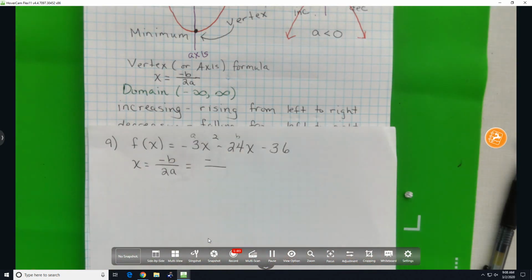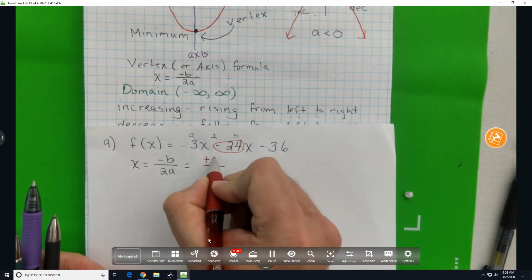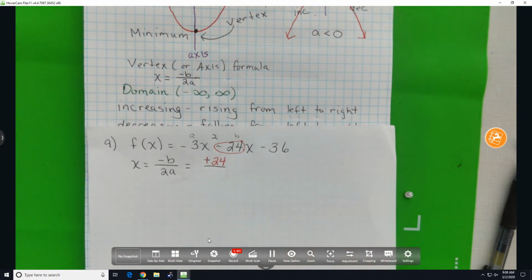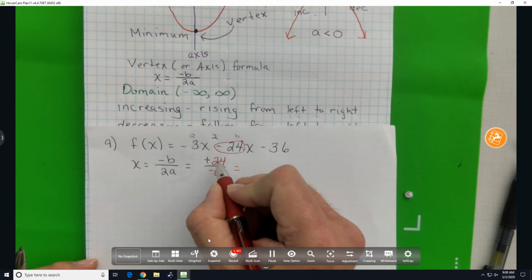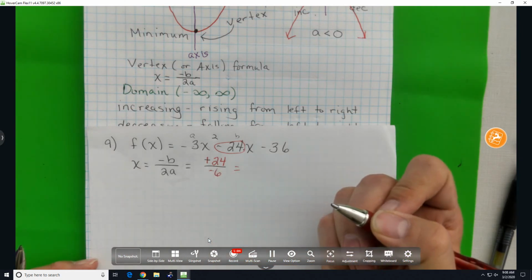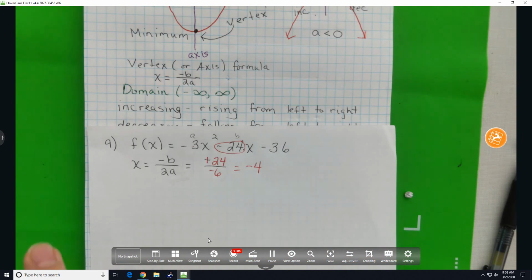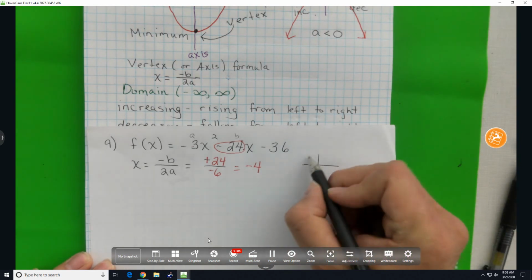That's the minus from the formula. And then b is a red negative 24, so it's going to be a positive 24, minus. Over 2 times a, what's 2 times a going to be? Negative 6. So positive 24 over negative 6, negative 4. So if we start making our little XY table, which is what we're going to have,